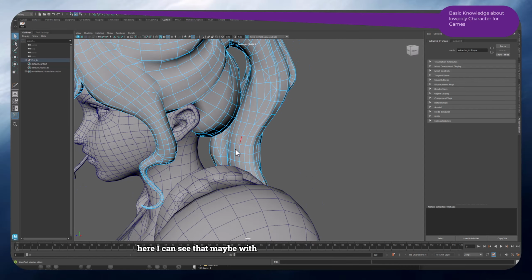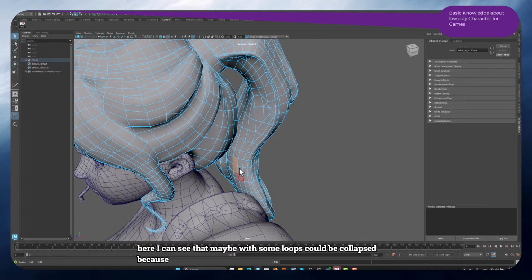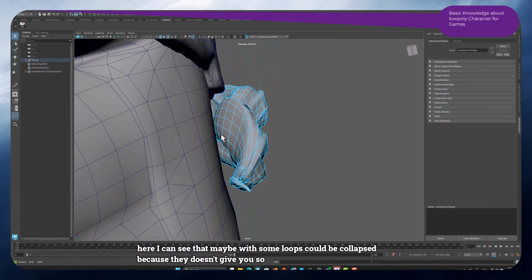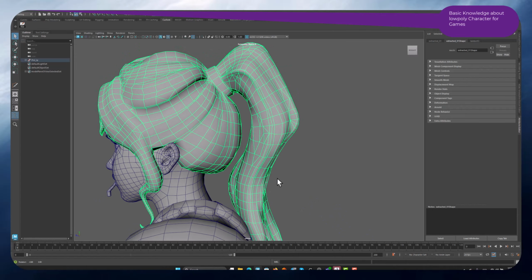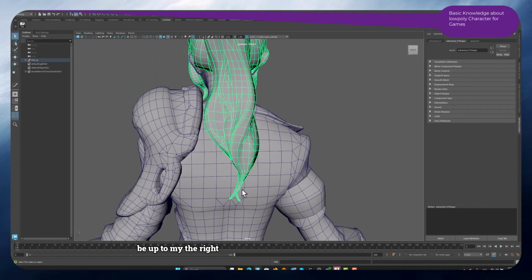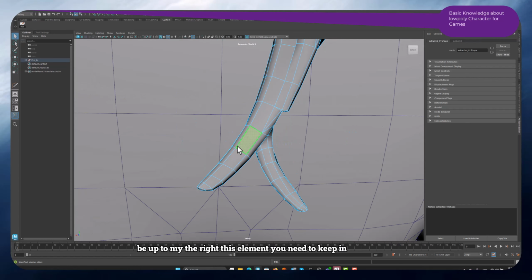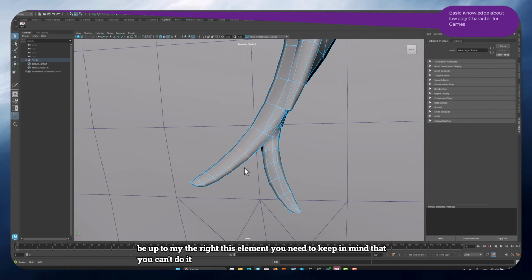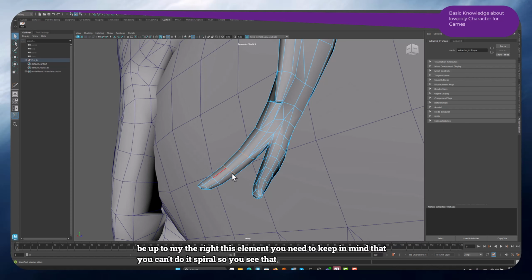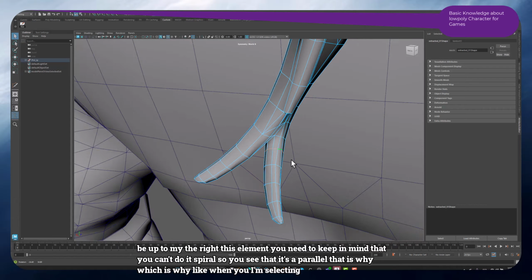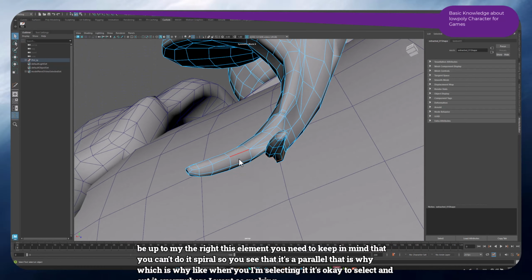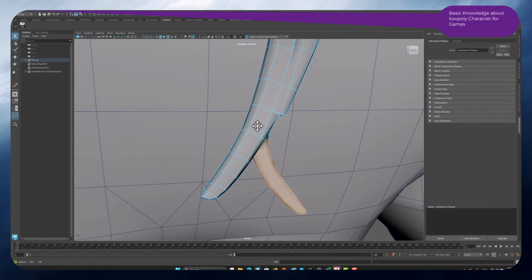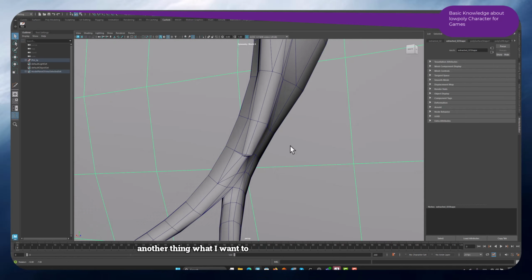Here I can see that some loops could be collapsed, because they don't give you so much information, so much volume, so it could be optimized. Right, these elements you need to keep in mind that you can't do it in a spiral, so you see that it's parallel. Which is why when I'm selecting it, it's okay to select and cut it everywhere I want, making cuts on UV and so on. Another thing I want to mention also about